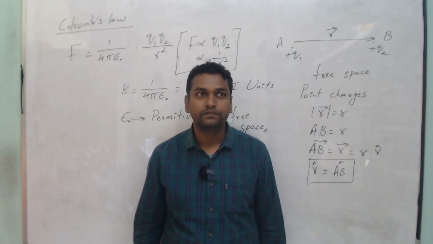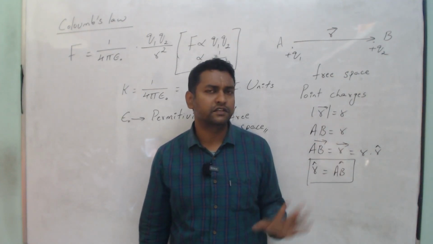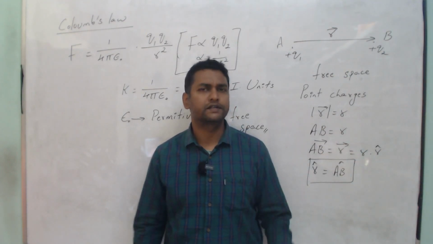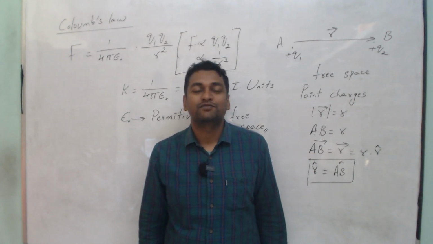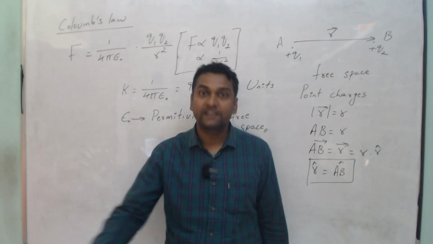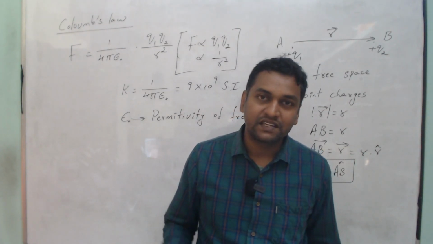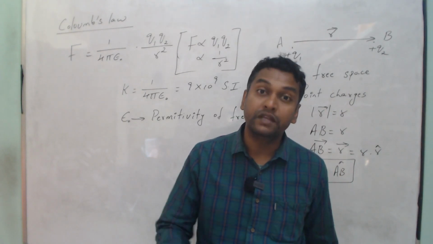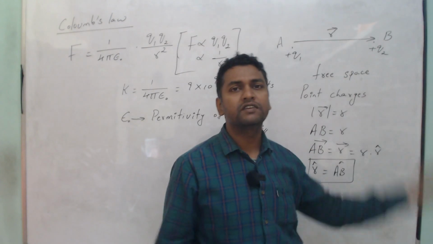Getting the charges close, let the charges be fixed. They are not going closer or farther, I mean, the force of interaction in between. Permittivity is responsible for the force of interaction to exist in the first place. Permittivity is basically a property of that particular medium, irrespective of the material it has. It has no material, and we are still saying permittivity.